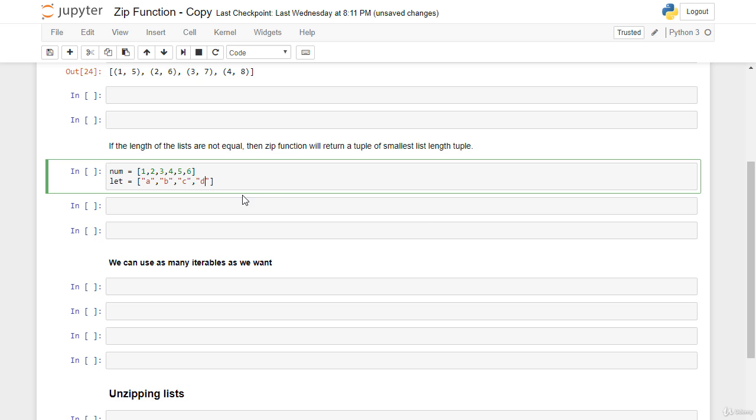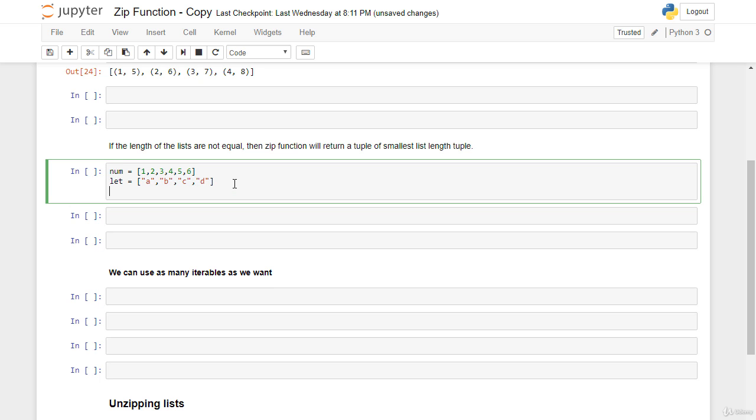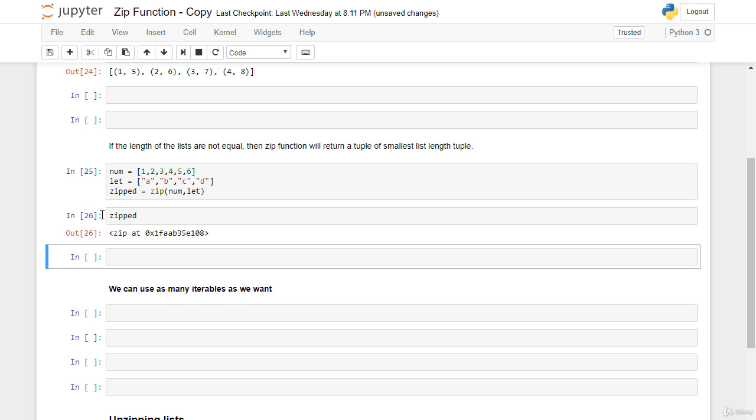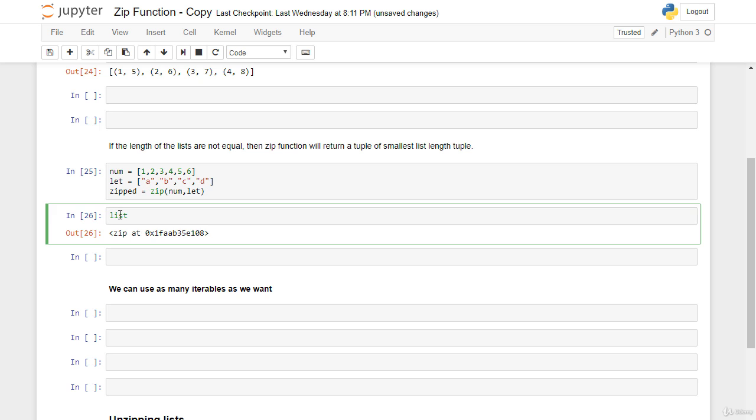Okay, now as you see here, we have the first list, it has 6 items, and the other one has 4. So if I use the zip function, what will it return for us? Let's see it. I will create here a variable, and I will say zipped is equal to zip, and now I will type my iterables, right? I will say num, and after that let. Okay, now shift and enter, and now I will print out my zipped. Here let's say list